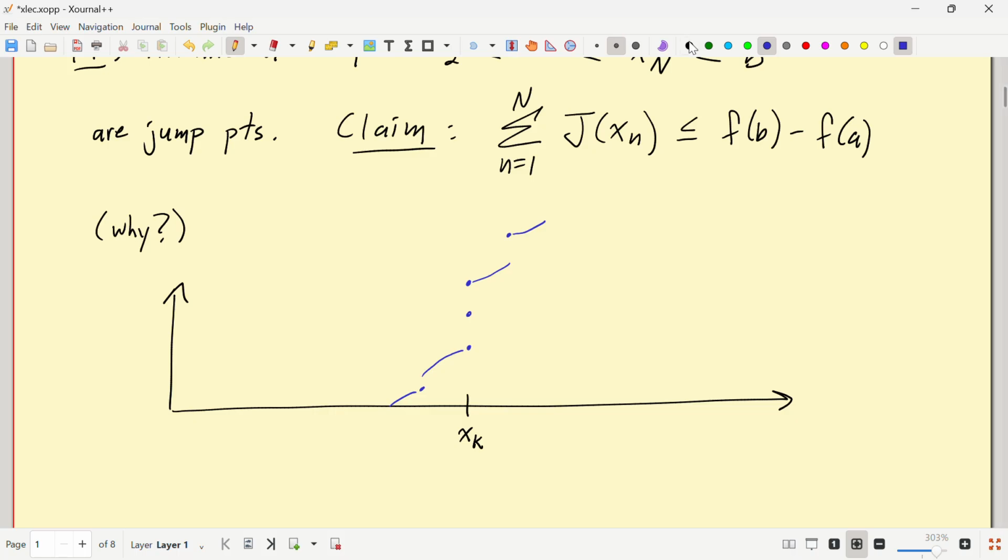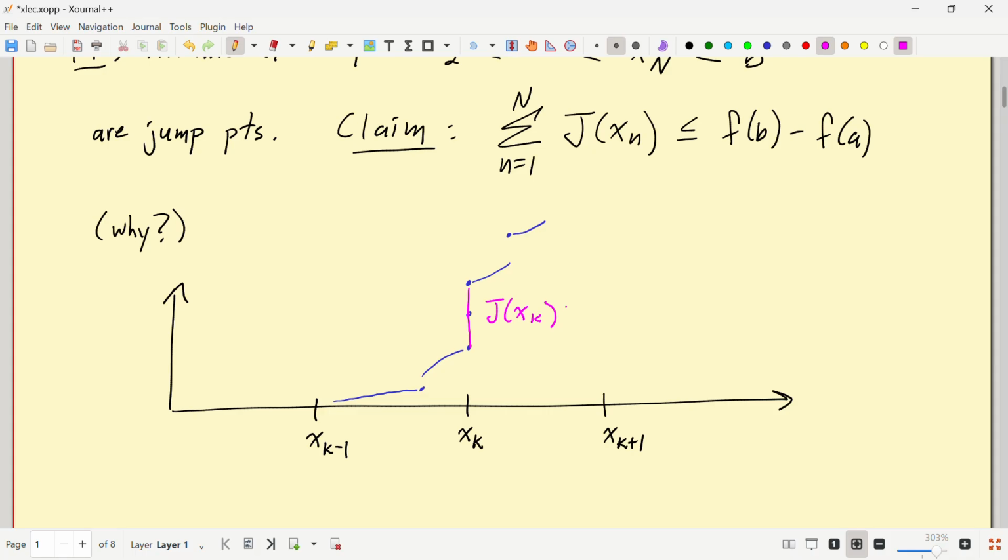And let's say that the next one in my sum is over here someplace. And my previous one is over here someplace. I don't really want that to look like it's 0. So this would be x_(k-1). And I want to figure out a way of comparing my jump amount, which is this thing right here, to actual values of the function.